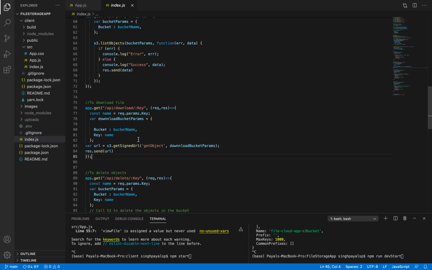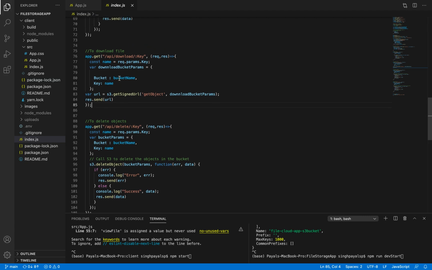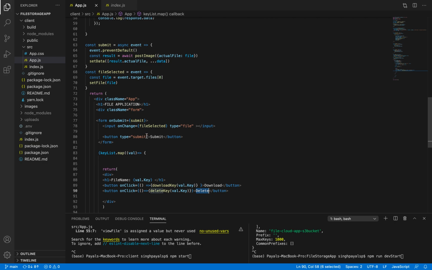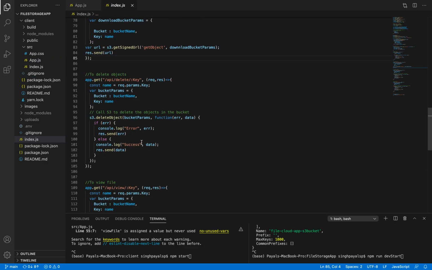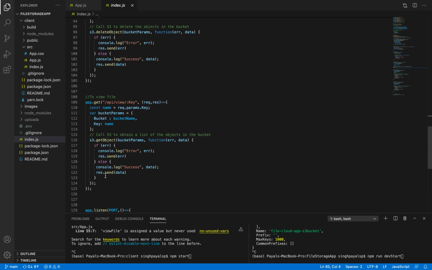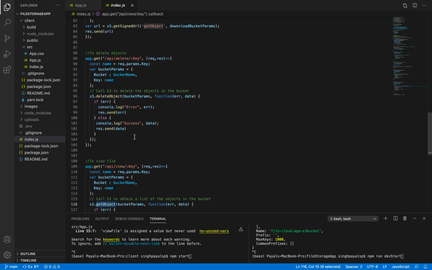So now it goes to the server part, and here it will perform the delete. Same goes with get objects also. Here you can see, s3.getObjects will get all the objects from s3. So that's why we're using this get object.